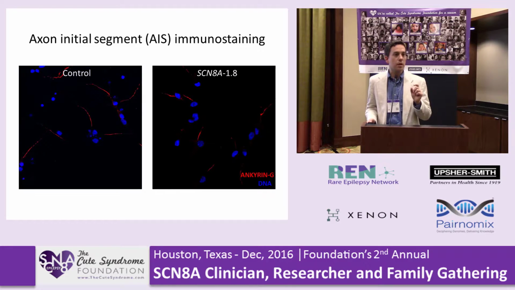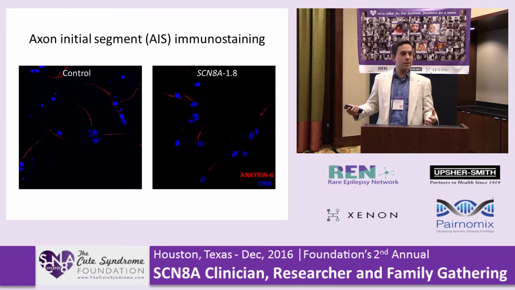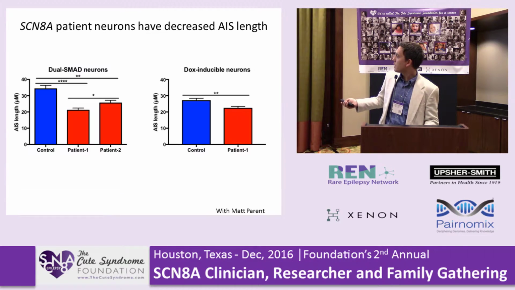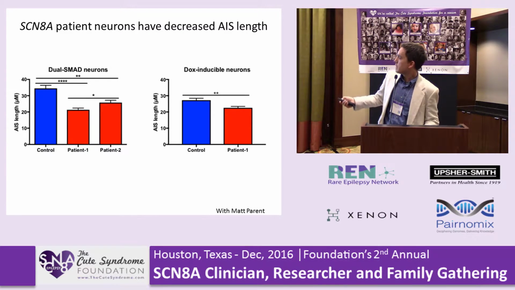And we used an antibody for ankyrin G. It's a label for axon initial segments, and I just showed this at a conference on a poster just to show that we were getting very mature neurons because the majority of these cells had very defined axon initial segments. Interestingly enough, someone came up and said, you know, it looks like there's a big difference in the length of these axon initial segments. So we went through and quantified this, and it was a very obvious difference between so